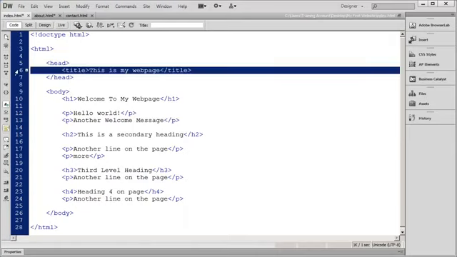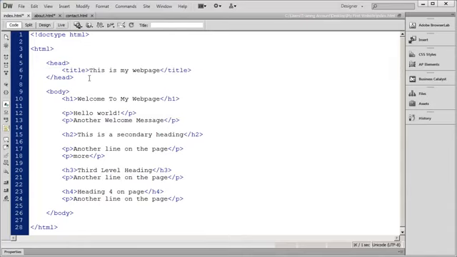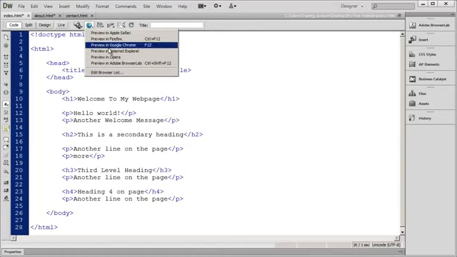So we've gone ahead and we've placed a title tag. Now, what is the title of the page? Well, simply it's whatever goes in the tab for your browser. Now, you may say, well, I don't care what text is in my browser tab. And when I say that, let me go ahead and